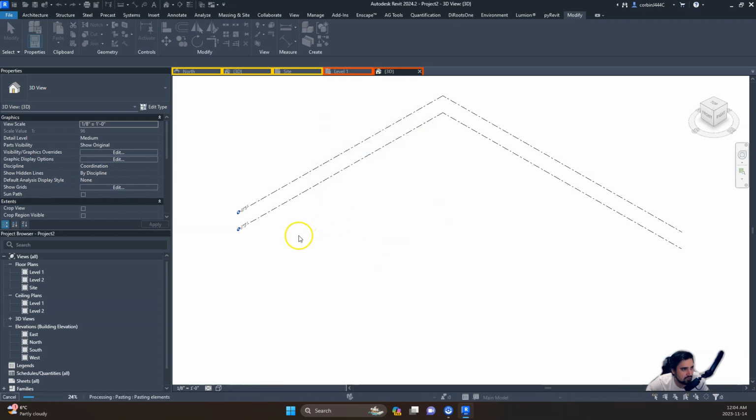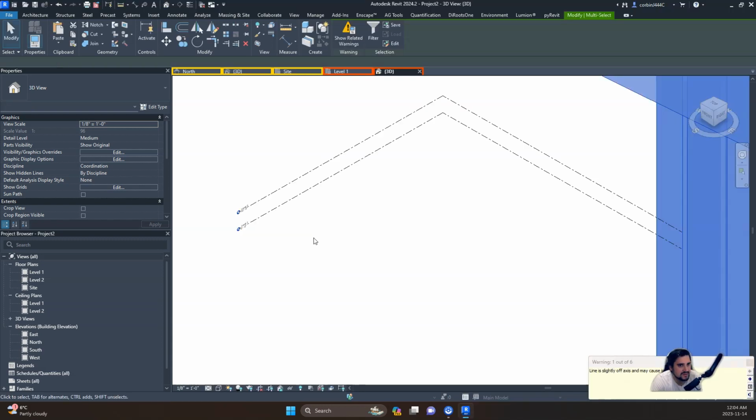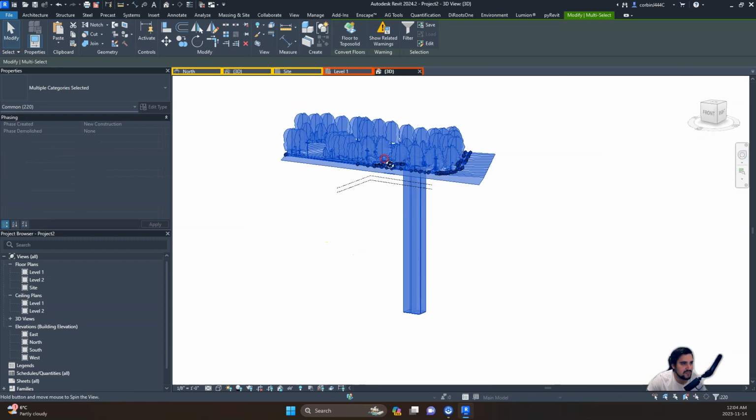And I just want to show you what's going on in here. It's going to bring this building in and reorient everything to our level 1. And I think this is actually a good way of doing it. The other way to do it would be to create a separate level. So you can see how their site's really